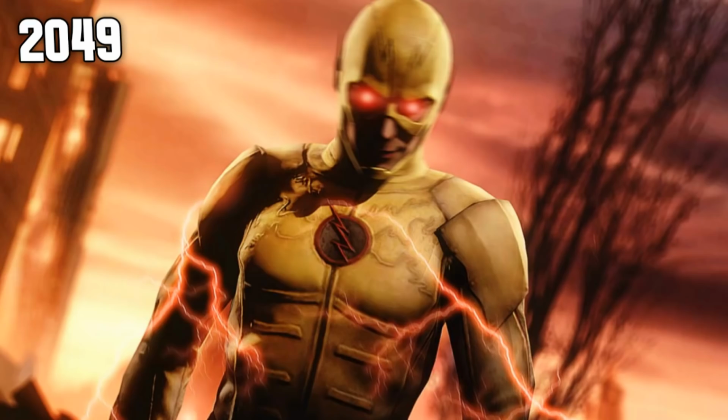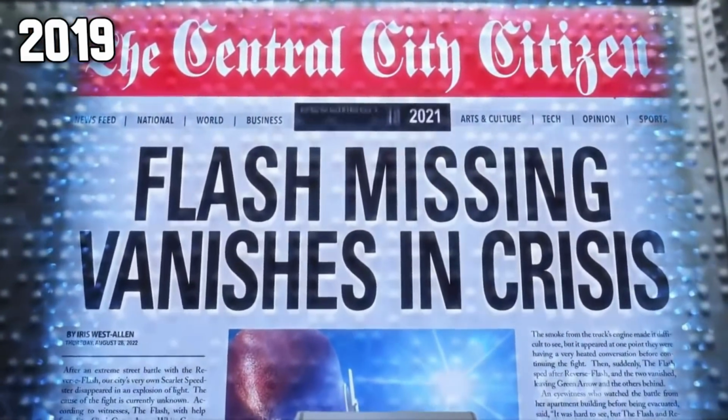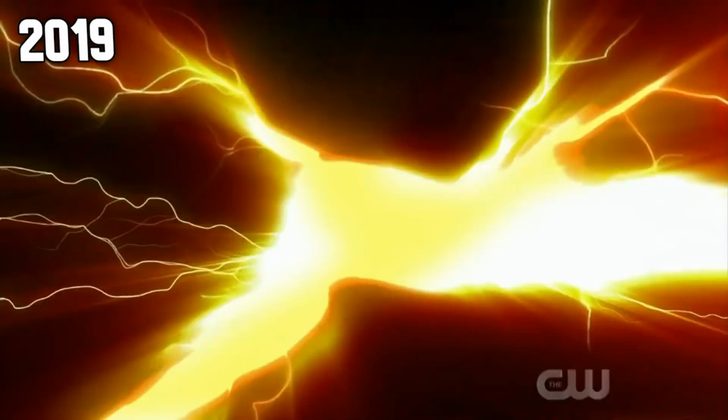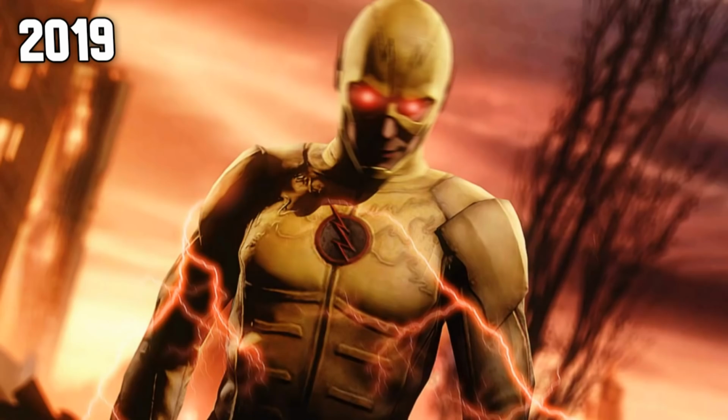Then 30 years before this, in the year 2019, after the new timeline made it so that the crisis happened 5 years early, the Anti-Monitor comes to Earth 1 to destroy it, and this is when the crisis actually happens. And this is the end of the Eobard Thawne timeline that we know so far, but there is another timeline